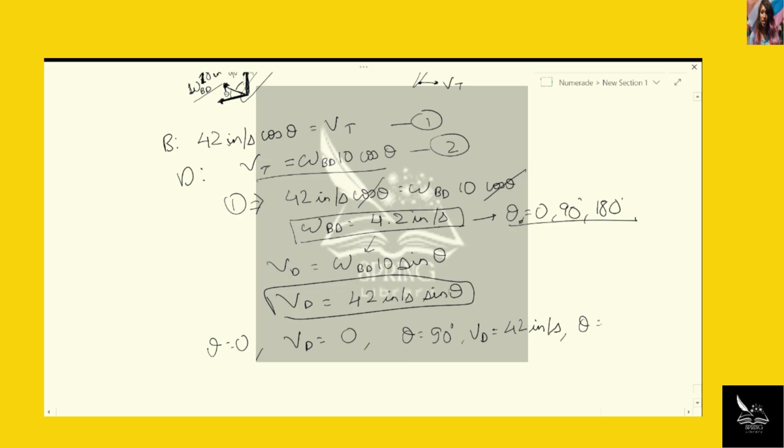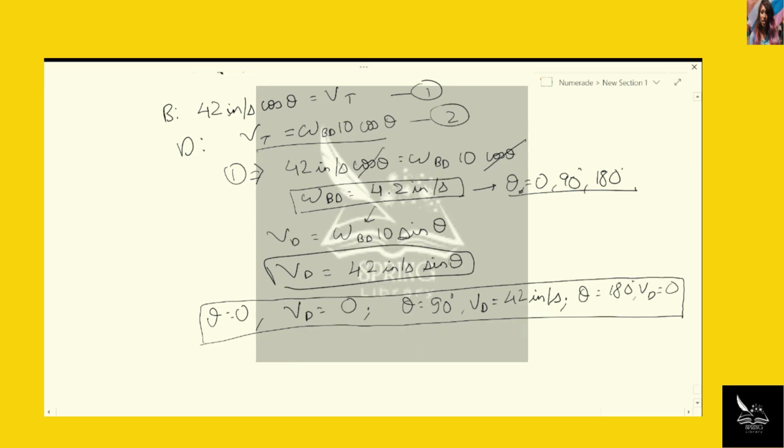And then for theta equals 180 degrees, VD equals, again sine pi is 0, so this is again 0. So you can see that as the disk rotates, the velocity goes from 0 to maximum and then again